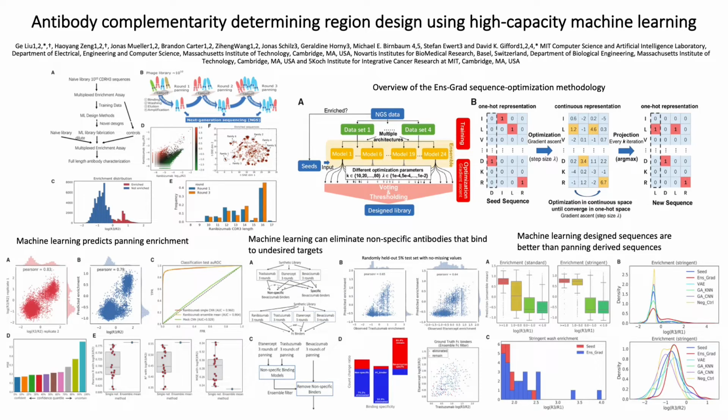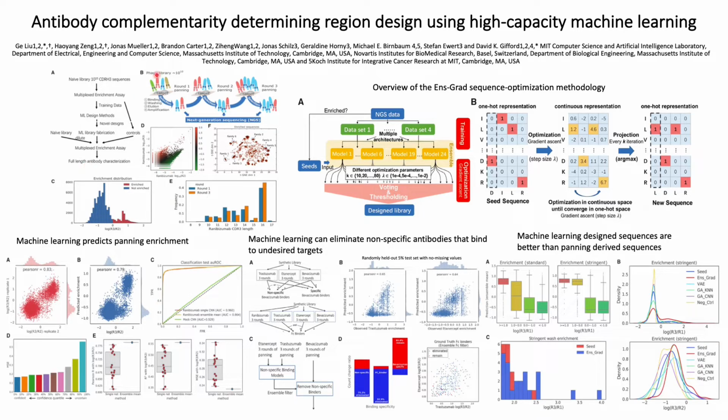This paper talks about using machine learning for antibody CDR design, and their workflow is shown here. First, they have the library that contains CDR sequences, and then they generate their enrichment assay as training data for the machine learning algorithm to generate the new sequences. Meanwhile, they have their control sequences and the sequences in their library, and they generate the enrichment assay again, and then they perform a characterization to